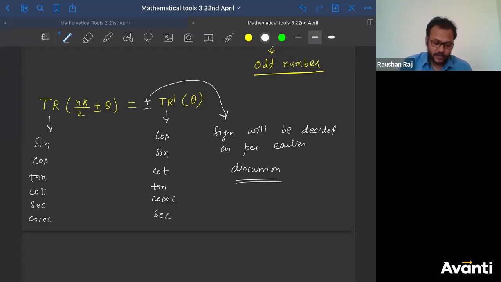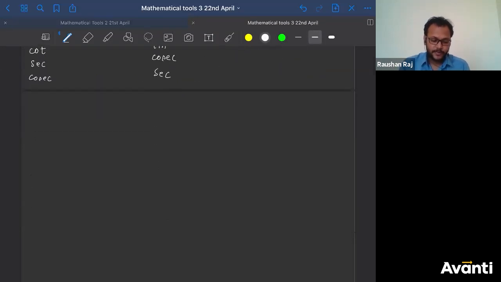But which angle are we talking about? We are talking about this angle. So in which quadrant will this angle lie? We will decide the sign according to that only. Let me give you some examples so that you can understand properly. So example number 1: let me give you an example of sine of